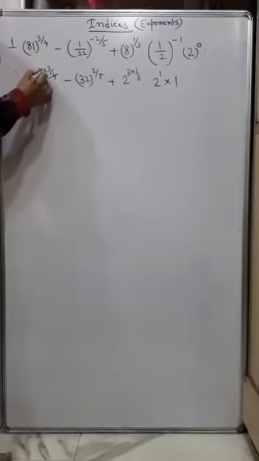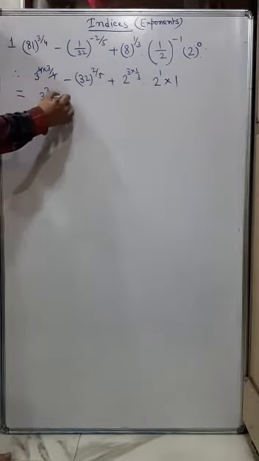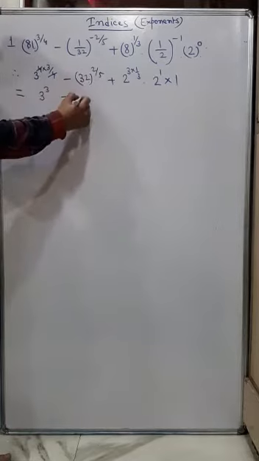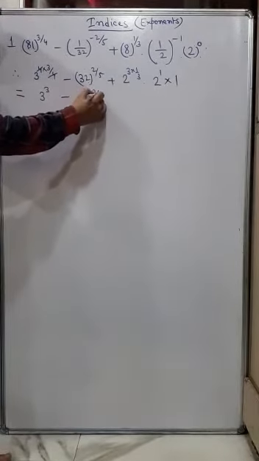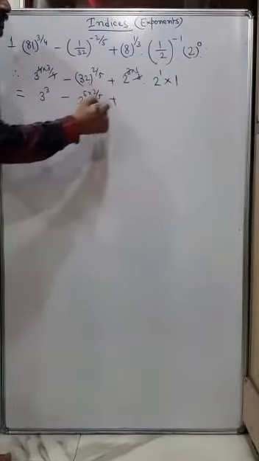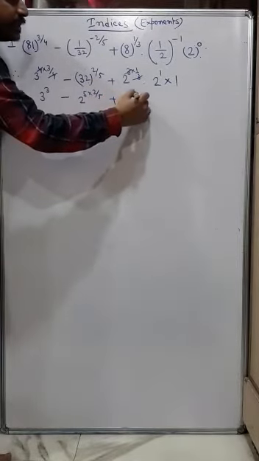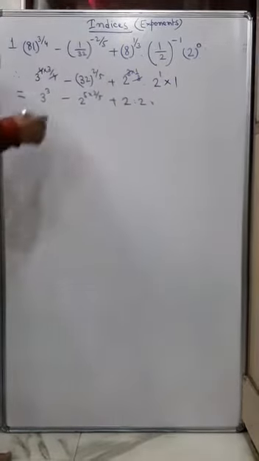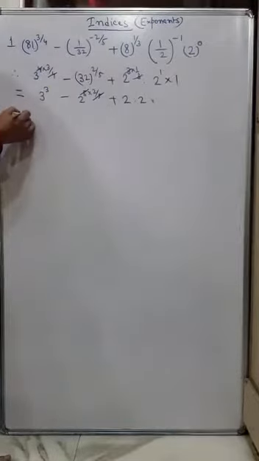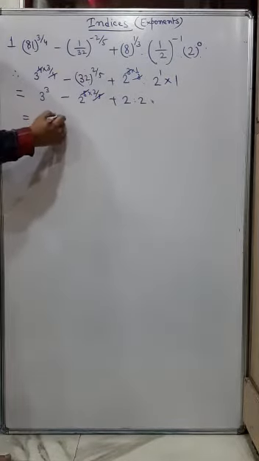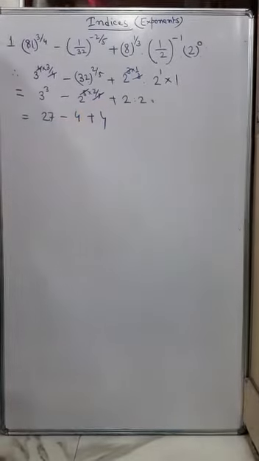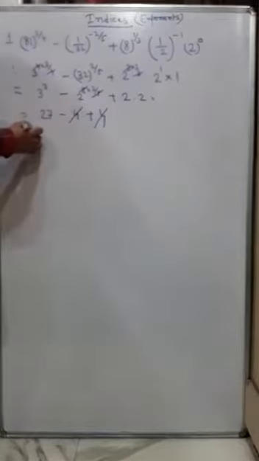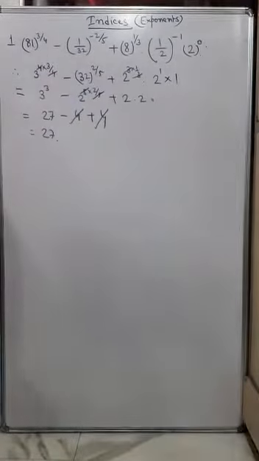And now I will solve this. Now this 4 and 4 get cancelled, you get 3 to the power 3 here. So you get 2 to the power 5, 32 means 2 to the power 5 and then 2 by 5. So 3 get cancelled. So you get 2 here and then into 2 and into 1 means 2 into 1, that's 2. Now if I cancel this, what I get, 3 cube means 27 minus 2 square means 4 and 4, and finally 4 and 4 get cancelled and the answer is 27. Okay, copy this.